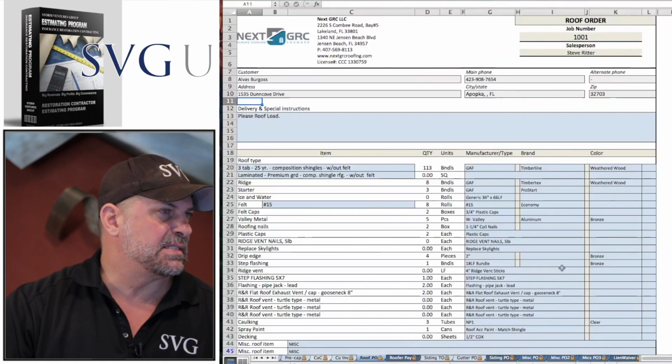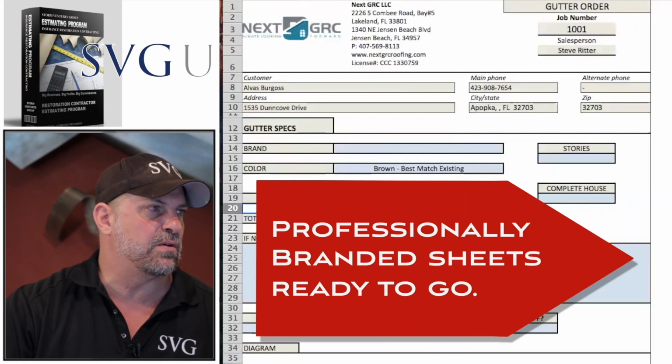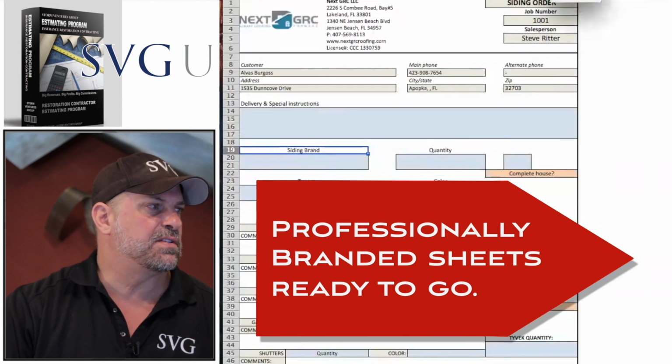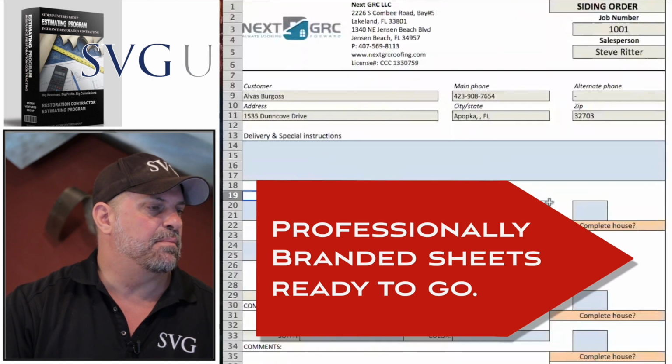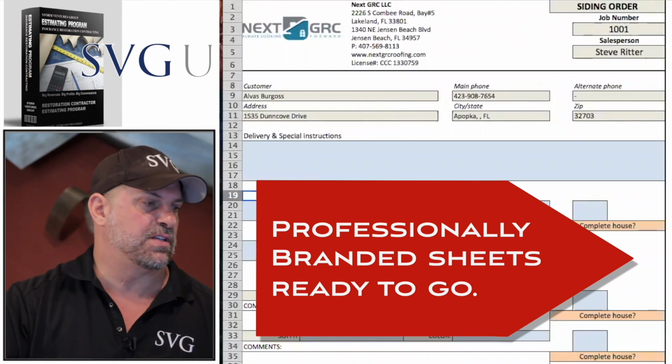So this is our roofer order sheet. We're going to come back and fill this out later on this job file. And then we also have our gutters, siding, miscellaneous trade order sheet. So if you're doing multiple trades, you've got plenty of order sheets that you can see are populated up there with that customer information. And then based on what the salesman contracted, your production manager would use these sheets and then execute the work order with those